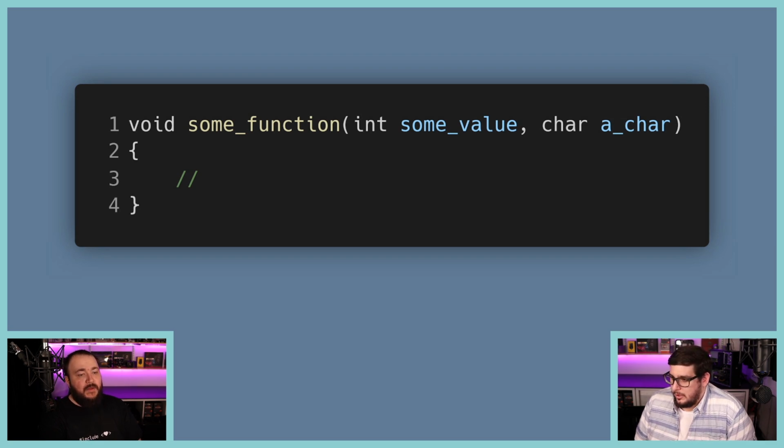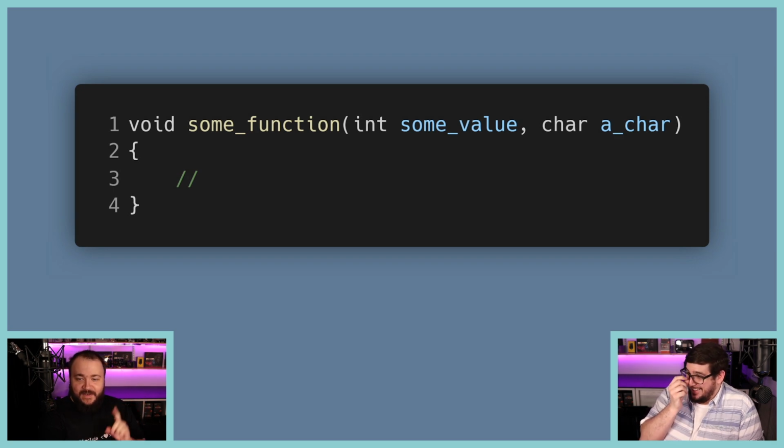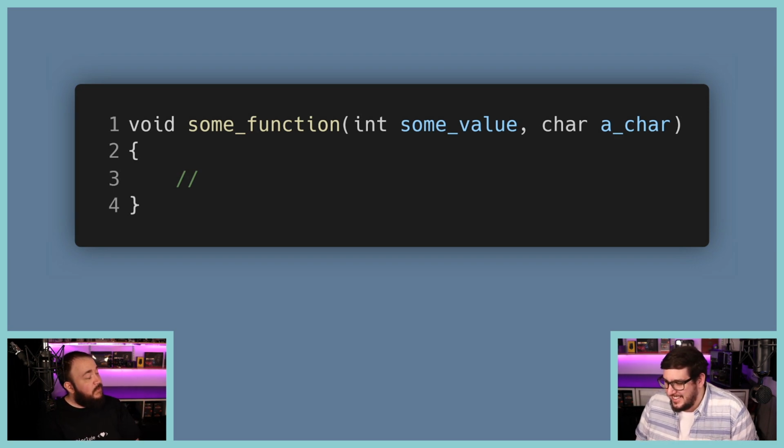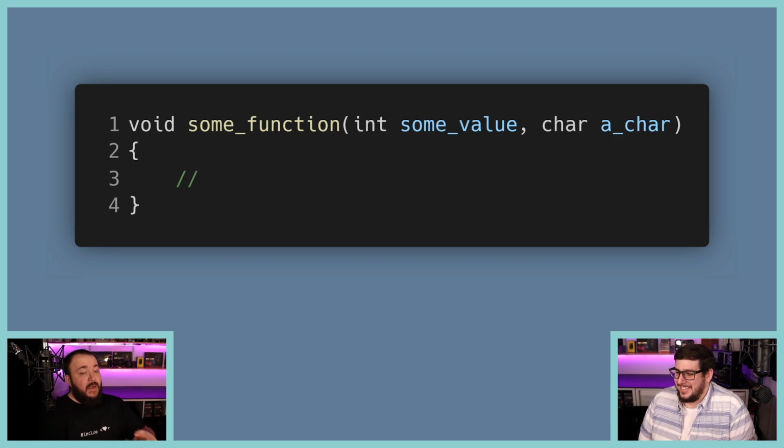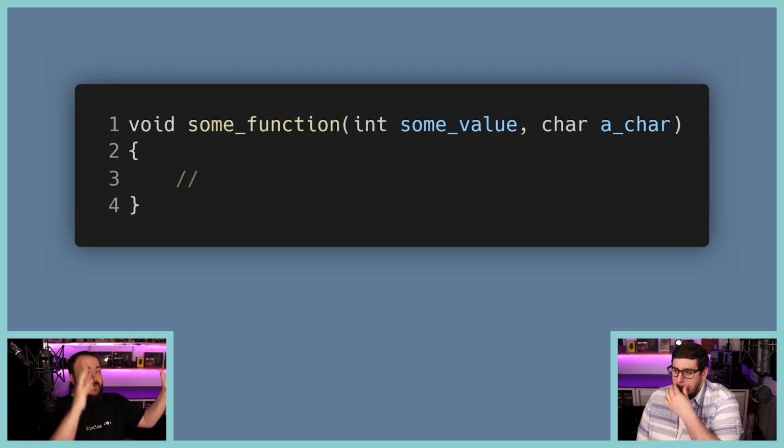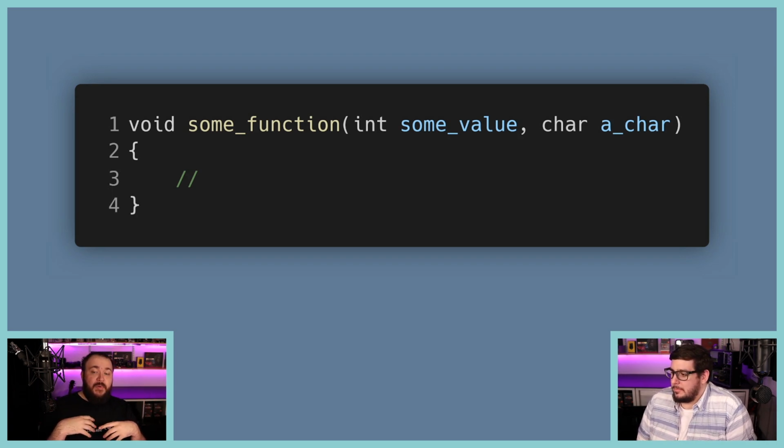So what's the point of a void if it doesn't do anything? That's a great question. We'll come to that. We'll actually use those later on. It's a good observation, because you have a function, it does something, it takes some values in, but it doesn't return anything. That's like putting stuff in a box and then expecting stuff to come out of the box after it's been doing its thing. But this one says you can put stuff in the box and then nothing happens.